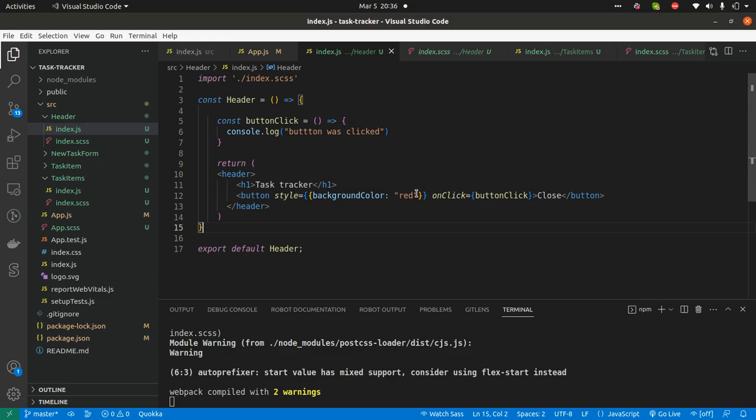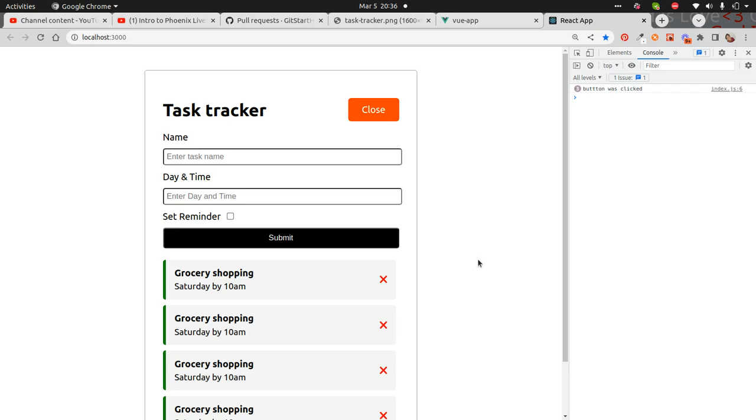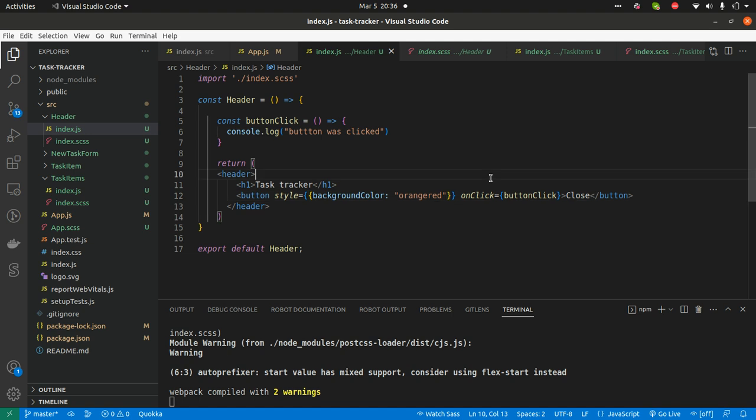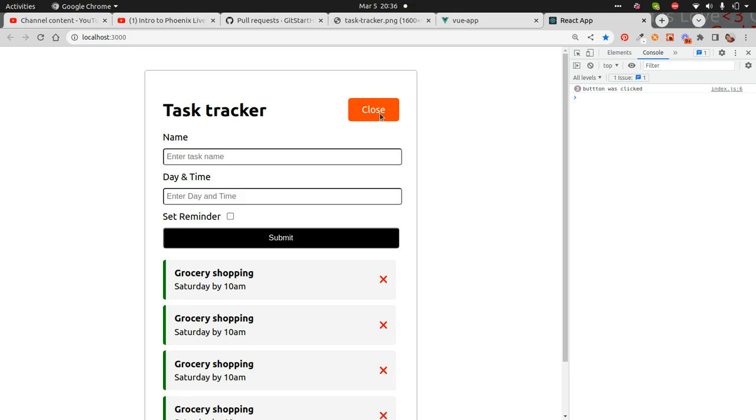Yeah, it works, but it's really bright. I believe there's a color called orange red. Okay, this is kind of better. And I want, whenever I click on the close button,